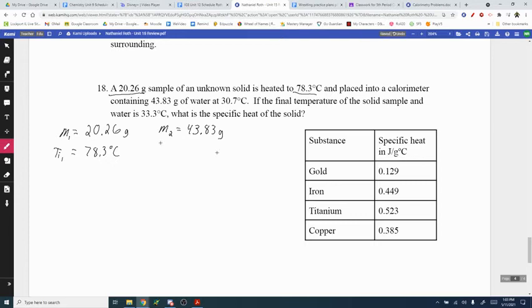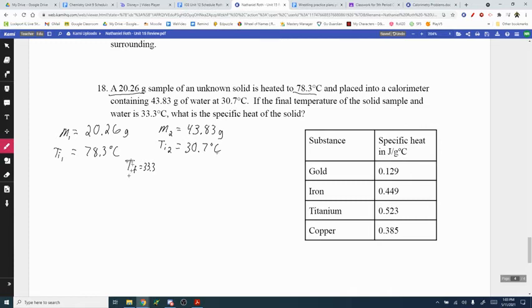So that is our initial temperature of 2. So our final temperature is 33.3 degrees Celsius. So Tf equals